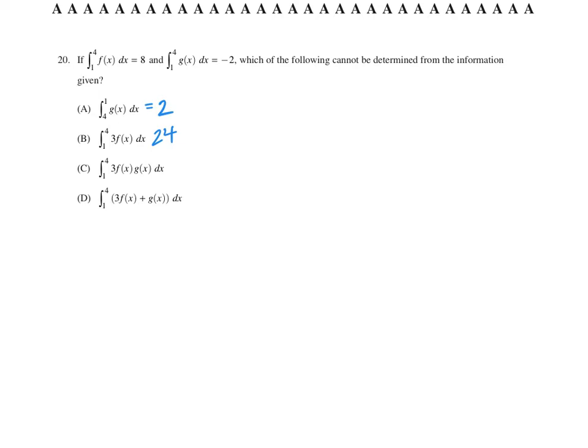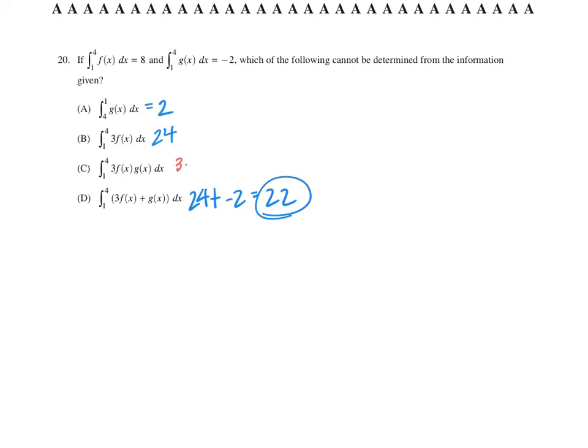In D, it's saying, hey, can you take that area that we just found in B, which was 24, and add G's area from 1 to 3, which was negative 2? We are allowed to do that, giving us an area of 22. What we're not allowed to do is take areas and multiply them together, because again,